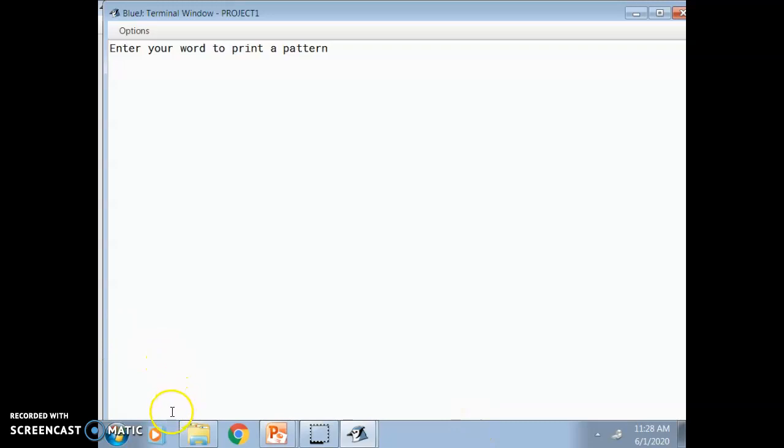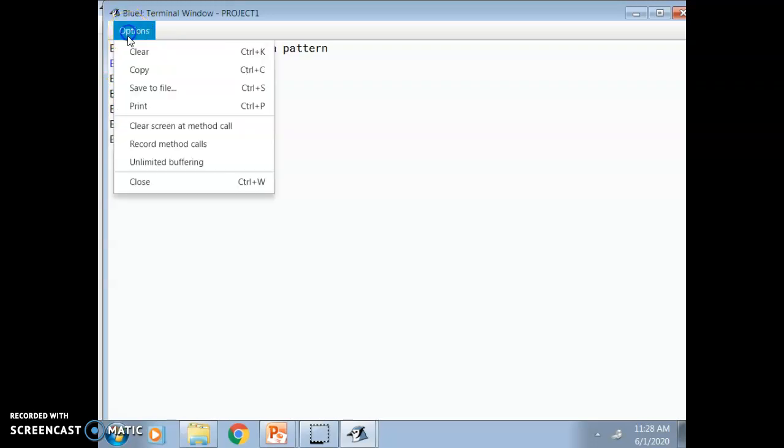I am entering in the bottom below. Suppose I am entering BLUEJ. So press enter. So my word is BlueJ and it prints like this.